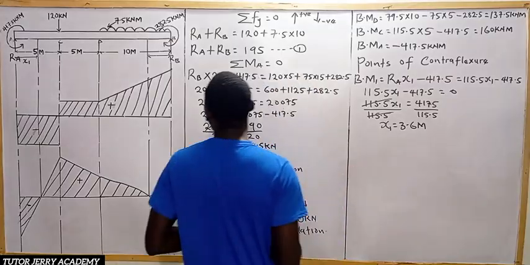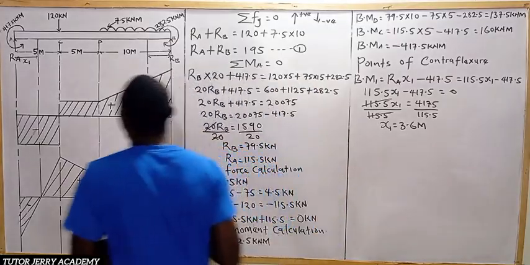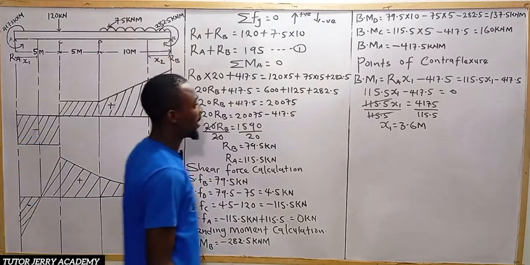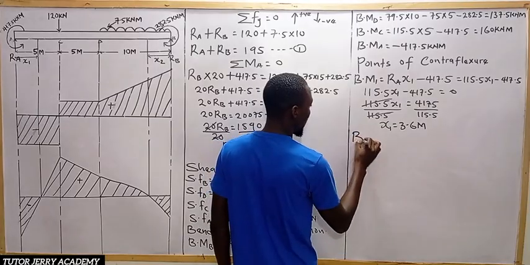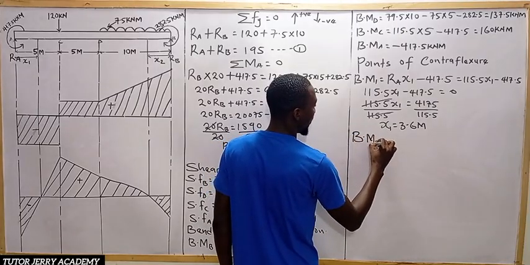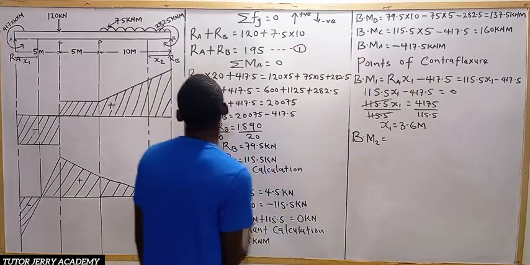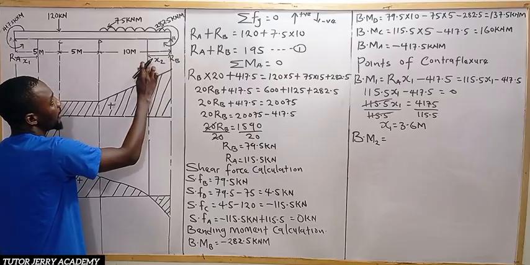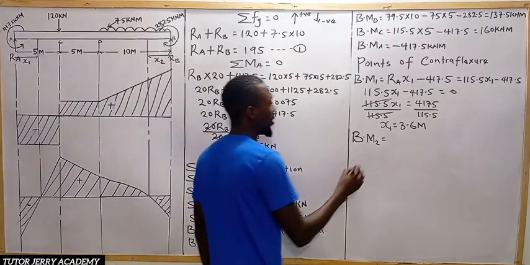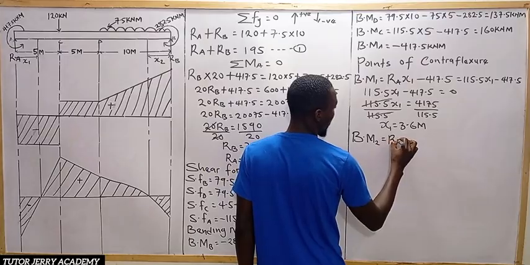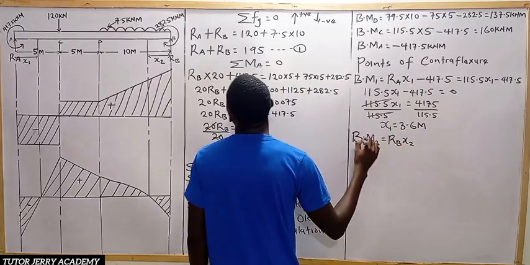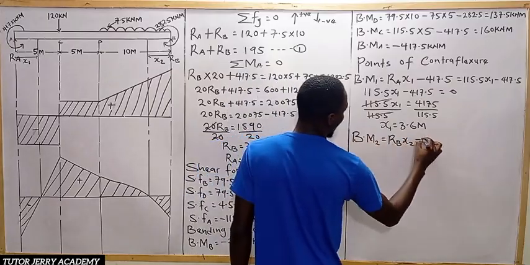Now, let's go for the second point of contraflexure. So let's call this one our S2. All right. So if we call this our S2, then the bending moment at that point will be equal to, if we take our bending moment towards this point here, we are going to have RB multiplied by what? S2. So we are going to have RB multiplied by S2, then minus